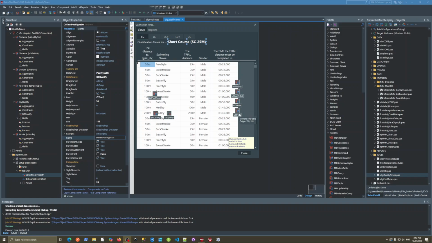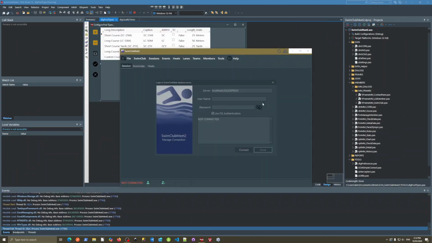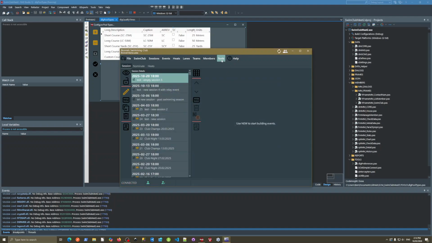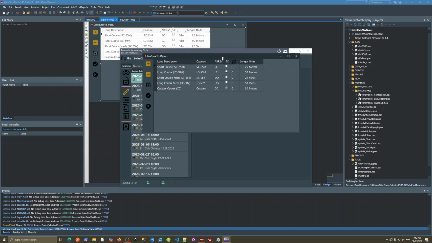Okay, I thought I'd just quickly show you this. I've got a little bit of a conundrum to solve, but I'm doing pool types. That is, you can set your current pool to what it is. If I run it, it's probably easy if I just run it rather than showing you what the code looks like. And if I go up here and I go pool types, I can go through and